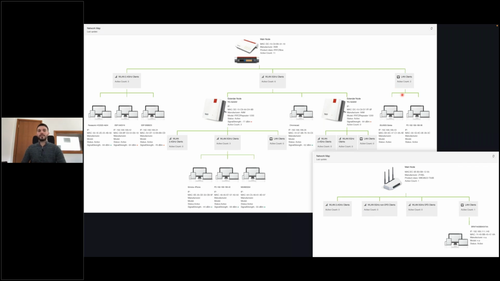So all this information is grabbed from the main node, the main router, and we only operate on standardized protocols like TR-69, or in this example, most notably USP. And what USP also brings to the table is the effectiveness of retrieving data or pushing data like configuration to the device.